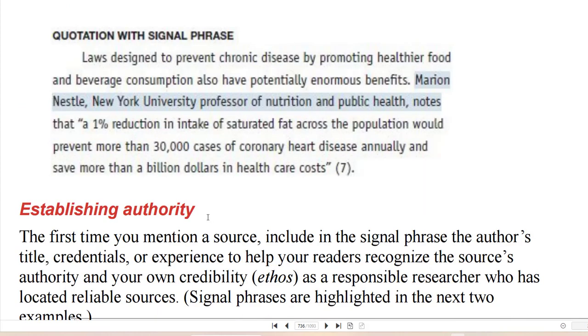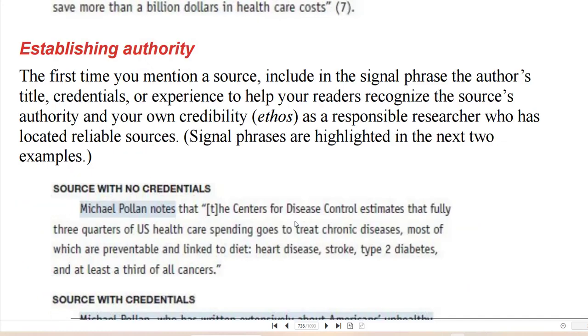So here is a signal phrase. Marion Nestle, New York University professor of nutrition and public health, notes that. That's a signal phrase. A 1% reduction in intake of, and the rest of it is in parentheses, okay? And then you put into parentheses the exact wording of whatever Marion Nestle said, and then you put the page number. Always have the author and the page number for MLA in-text citations.